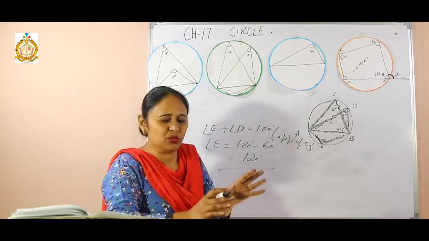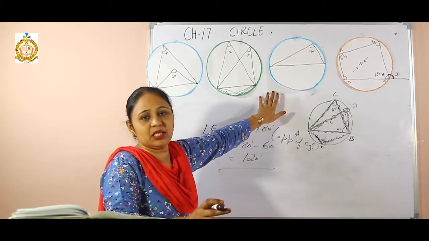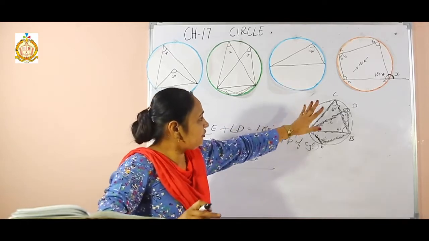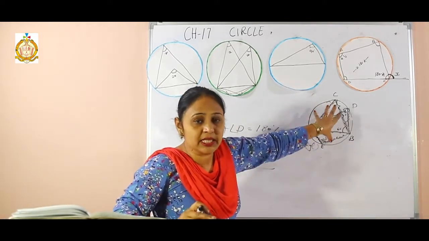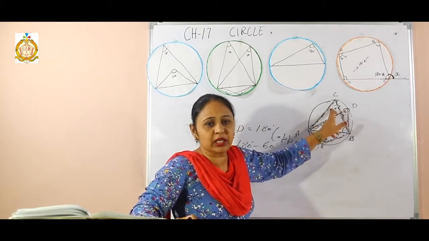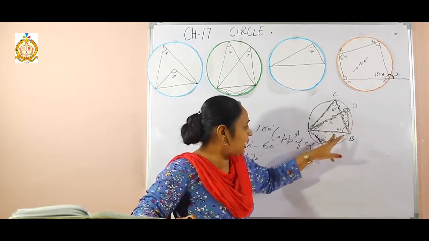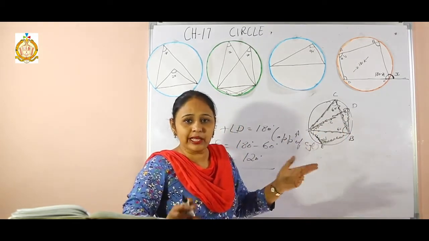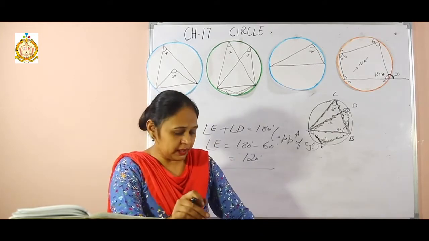Simple sum. That means we have to just remember these properties. If I have remembered these properties in my mind, then when I see the figure, I will understand, because I know that on the same segment, if one angle is there, the other will also be there. Then I have to find this angle: the opposite angles of a cyclic quadrilateral sum to 180. Simple. Only 5 properties you have to learn. In the next one,